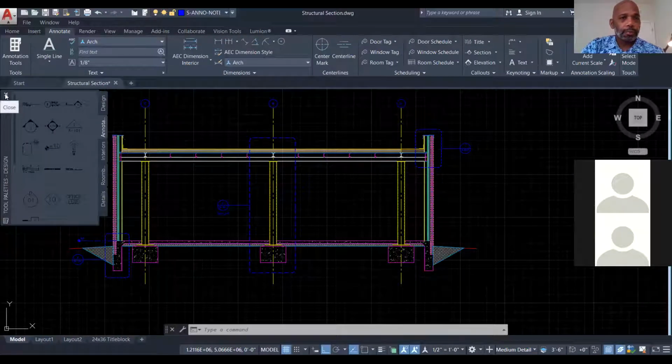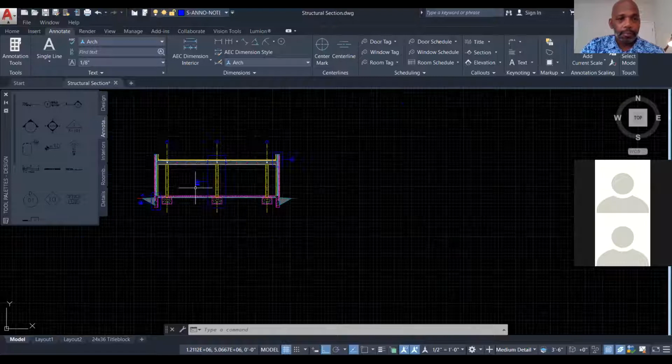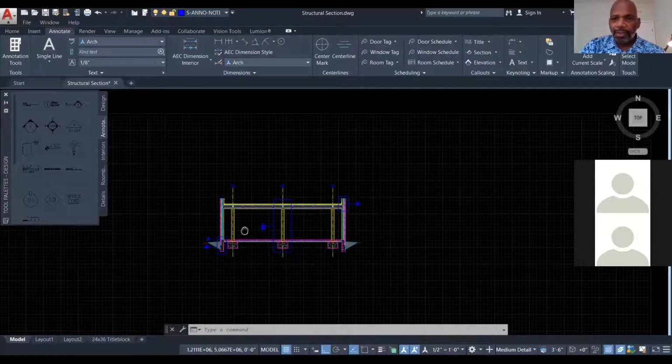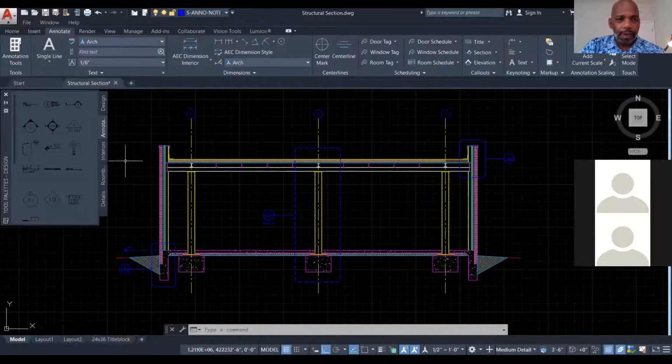So I'm going to go back to AutoCAD. I think at this point, before I give any more instruction,